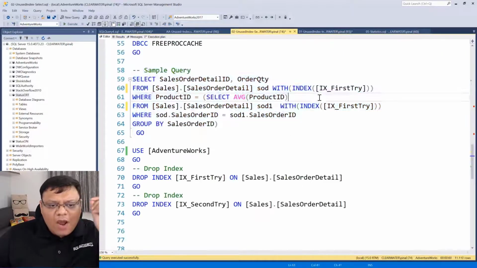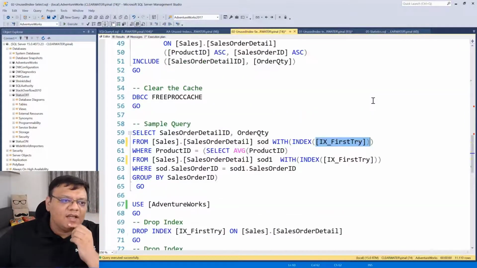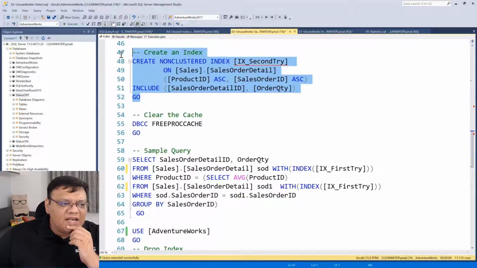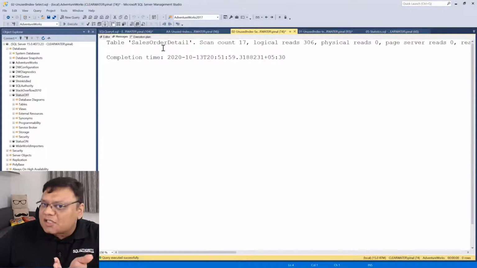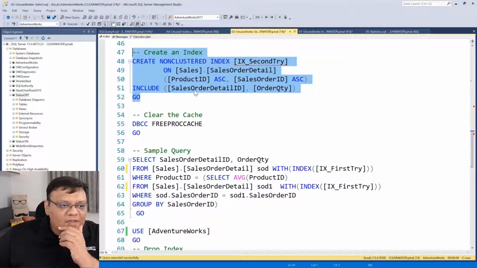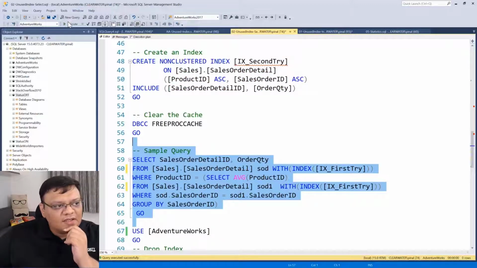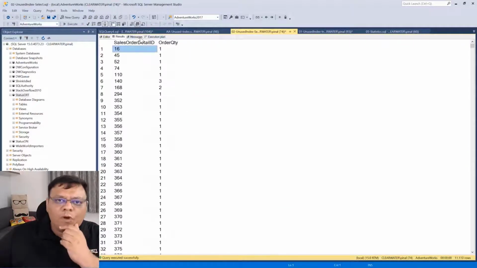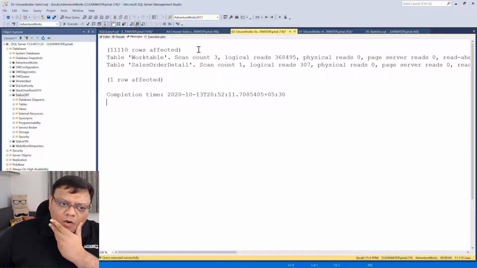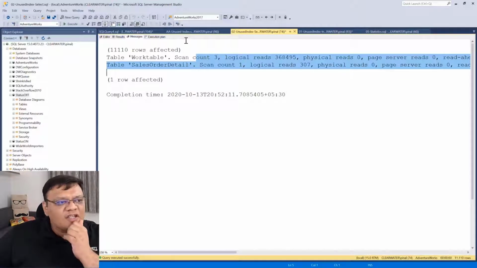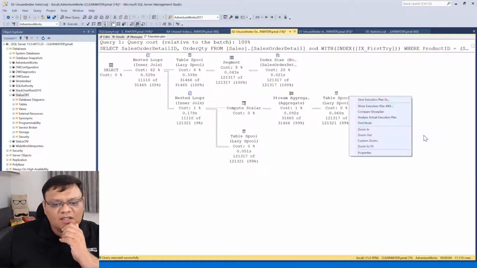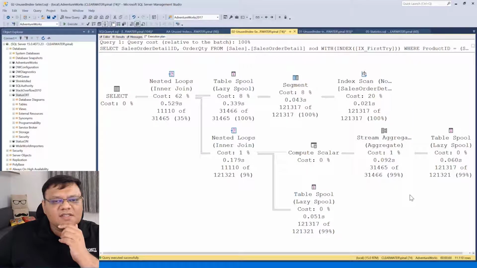So even though I have a query hint over here, just the existence of this second try index can slow down your query's performance. Whoa, isn't that crazy?